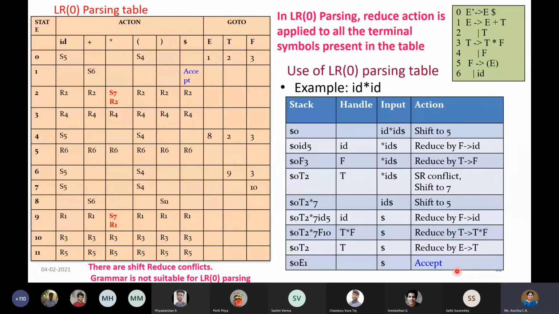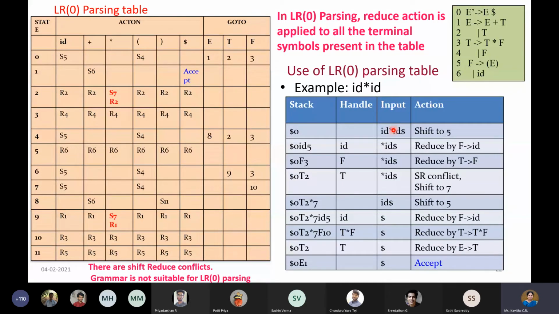Like this we are going to write. So we have to find the action to be done by using the table. And also, if at all the conflict occurs, either you can stop or you can override and then continue. Overriding, definitely that design has to be included in the parsing technique, then only it works, otherwise it won't work. Anyway, I took a decision to shift and then continue, so I could get it accept. Otherwise you can stop here saying that there is a conflict, and that grammar is not suitable for LR(0) parsing. We have taken such an example where the conflict occurs.